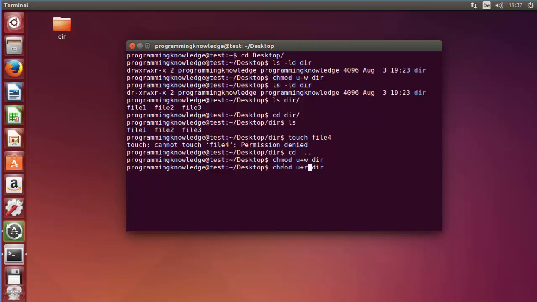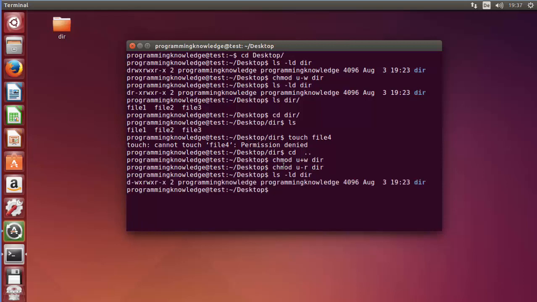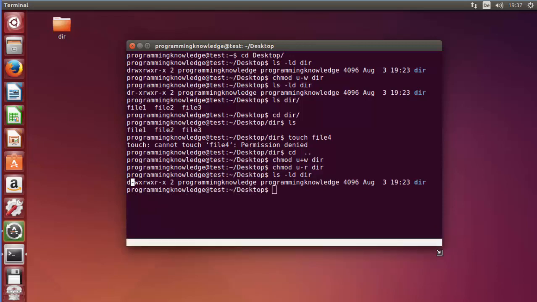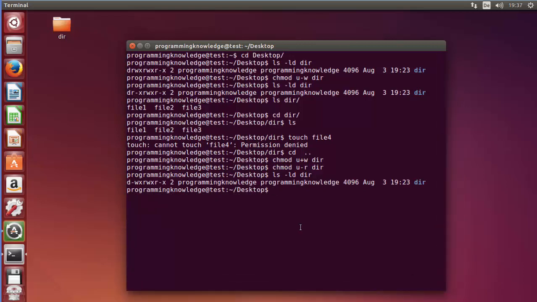So I have added the write permission once again, and I want to subtract the read permission from the user. Let's see what happens when we do this. Just write chmod u-r, which will subtract the read permission from the user for the directory, and let's do the long listing here. You can see the read permission is taken from the user now.